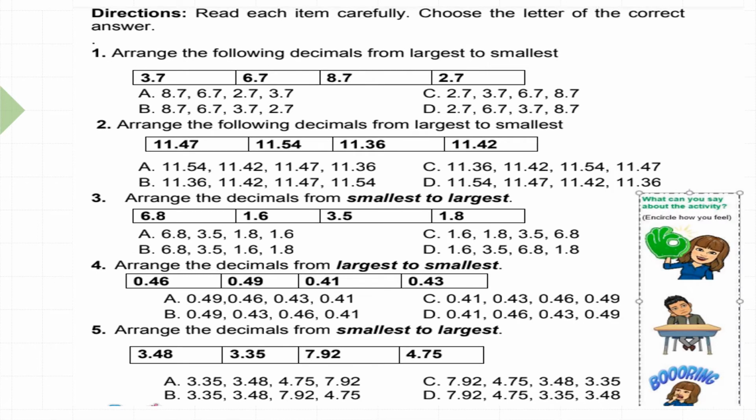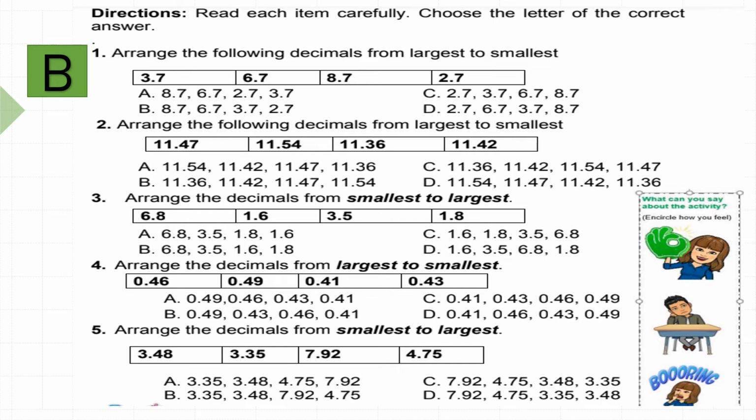Okay, let's try once again. Read each item carefully. Choose the letter of the correct answer. For number 1, arrange the following decimal from largest to smallest. So the numbers are 3 and 7 tenths, 6 and 7 tenths, 8 and 7 tenths, and 2 and 7 tenths. So look for the largest to smallest number. Okay, what is your answer? Correct. It's letter B. So the largest is 8 and 7/10, followed by 6 and 7/10, 3 and 7/10, then